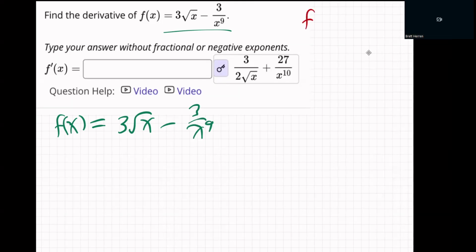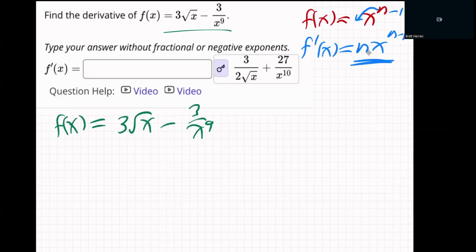What's the power rule? It says if you have a function that is x to the n power, and you want to take the derivative, you just bring the n down, it's called the power rule, and then subtract 1 from the power, just like that. Okay. But how do I do it for a root? And can you do it for an x in the denominator? The answer is no, you got to move that up to the numerator, then do it.